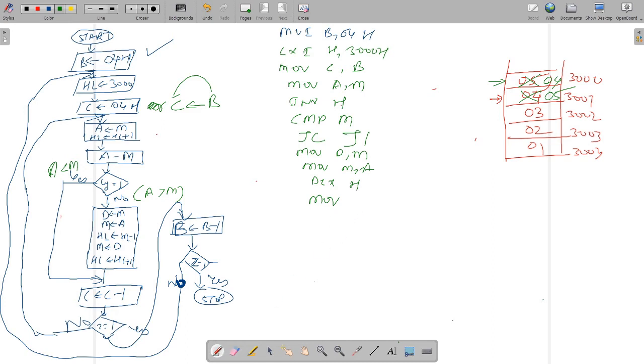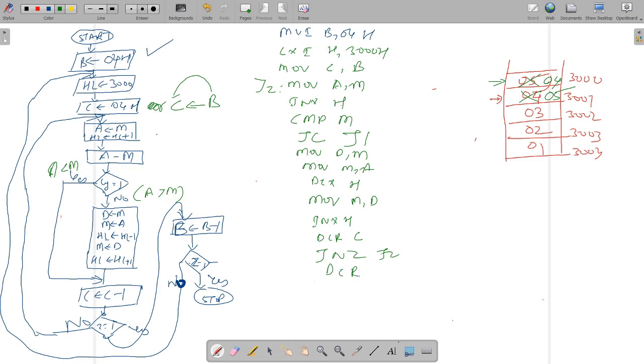then you will have to increment, that is INX H, then decrement of C, then you are using the jump instruction because you are checking the zero flag. So jump if not zero J2, so it is jumping here, so J2 will be there.